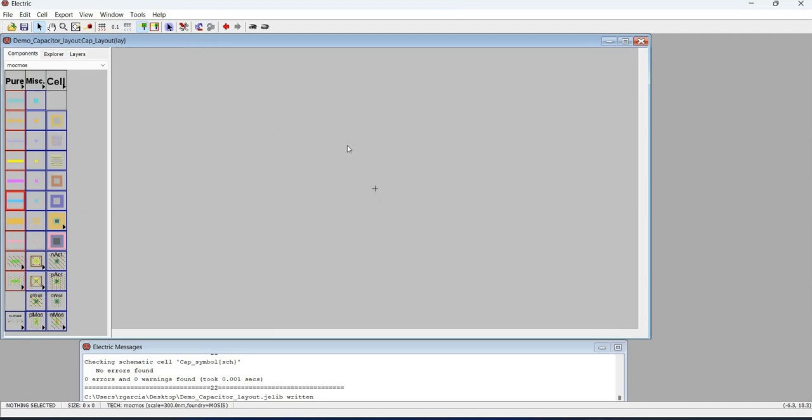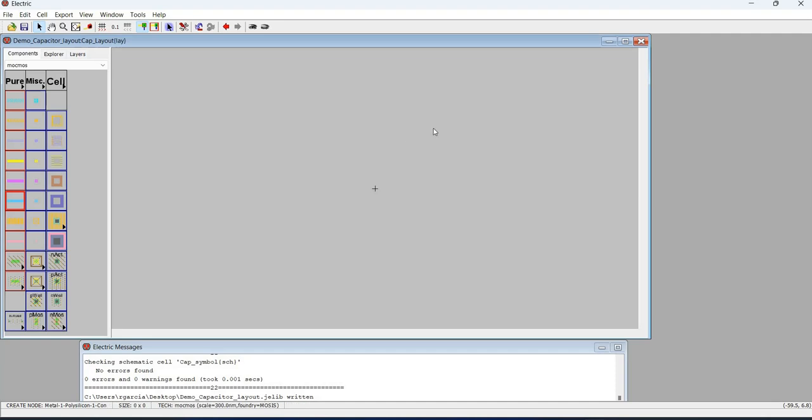You now need to have the two layers of your poly. In this case, you need a metal 1 contact poly and metal 1 poly 2 contact.